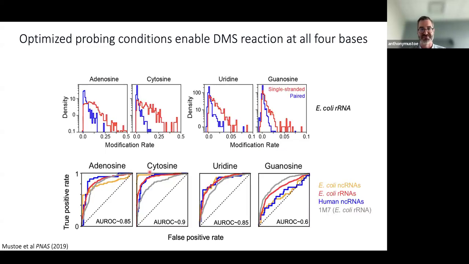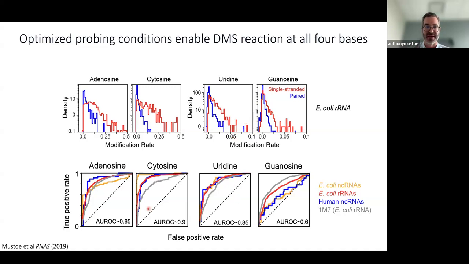So we did that experiment, and what we found is that if you look at the modification rates that we're measuring at single-stranded versus paired nucleotides, we see, at A's and C's, very nice separation, where there are much higher modification rates at single-stranded A's and C's compared to known paired nucleotides. But we're also able to achieve similar performance at U's and G's. The modification rates are much lower, which is as expected, but we're able to now make measurements of structure, base pairing status,